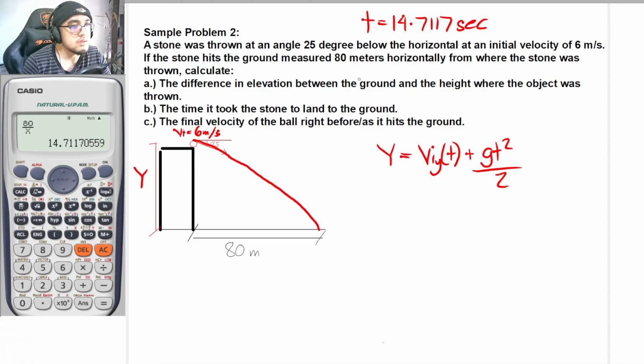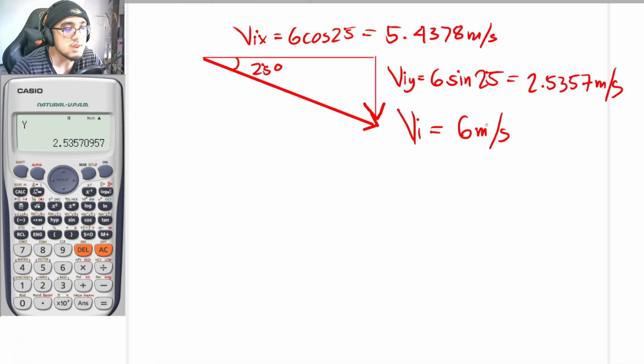So for the difference in elevation here, the value for Ry is now equal to... I have already stored it in my calculator as y. However, take note guys that this should be a negative value because it is going down. So I would just be modifying my VIY here, and storing the new value for y, which is negative